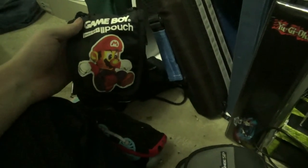What do we got over here? Game Boy cases. That's a Game Boy SP1. I got it on market. I thought I'd sold you. Didn't I sell you? I thought I sold...